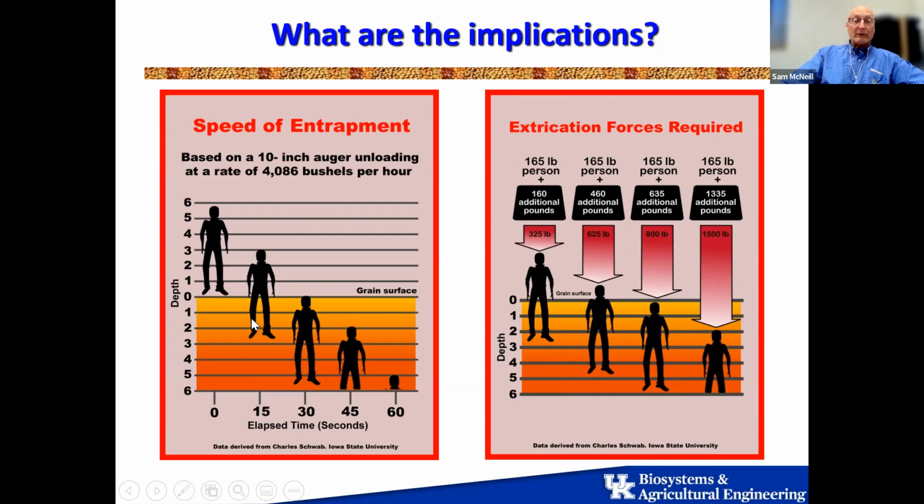As shown in the image on the left here, you'd be like walking on shifting sand, essentially, and it's very difficult to walk. But you would not be able to pull away from that because of the forces involved. And then if the flow were to stop and they would try to extract you, you just have to work against the weight of the person, as well as the forces of the grain exerted on the legs and the lower